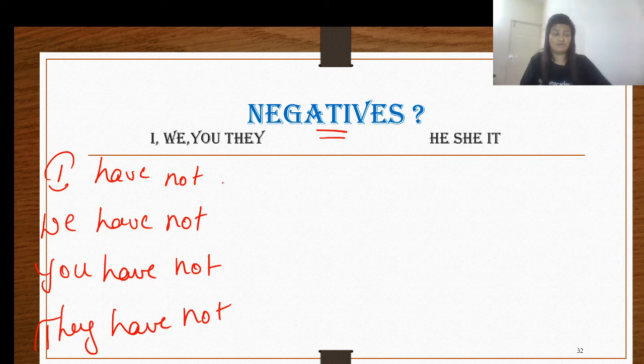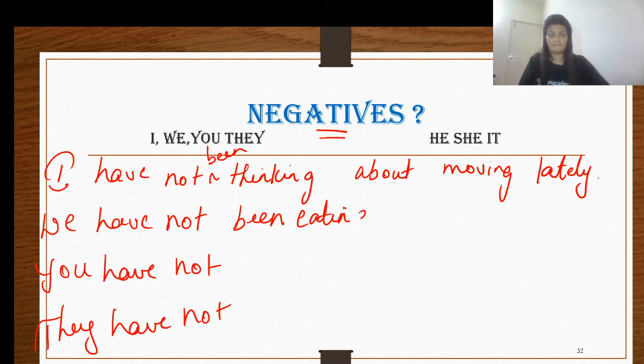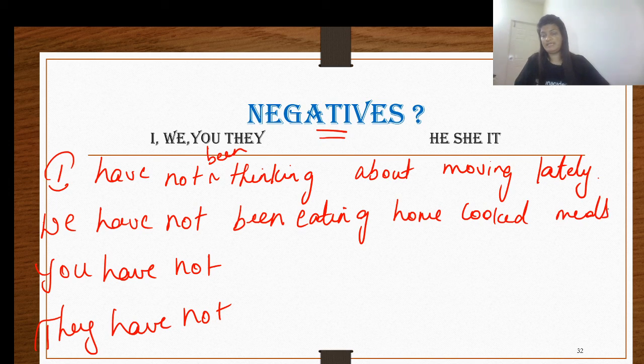Then we bring in the ing verb. Let us say, I have not been thinking about moving lately. I'll come back to the meaning after I have finished writing this. We have not been, okay, it has to be been. I have not been thinking about, okay, I have been eating home-cooked meals lately